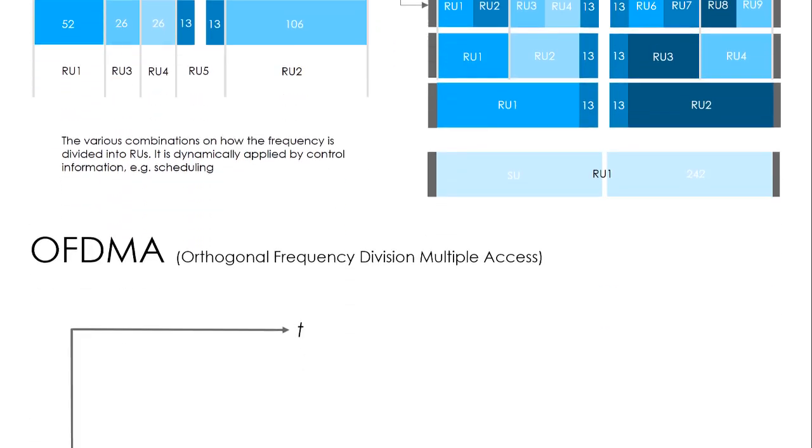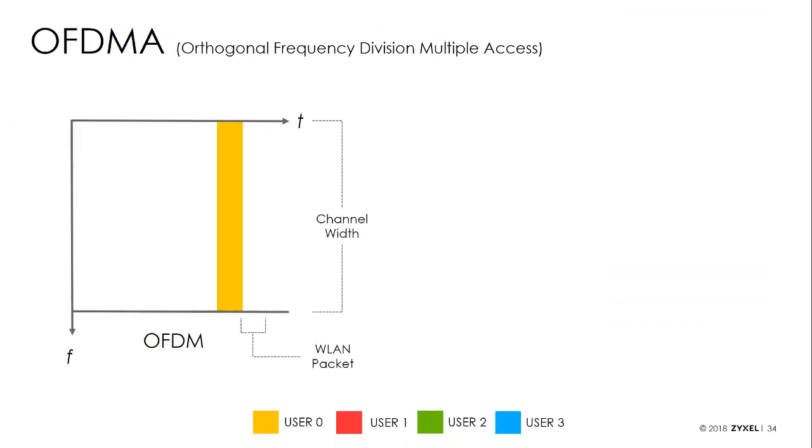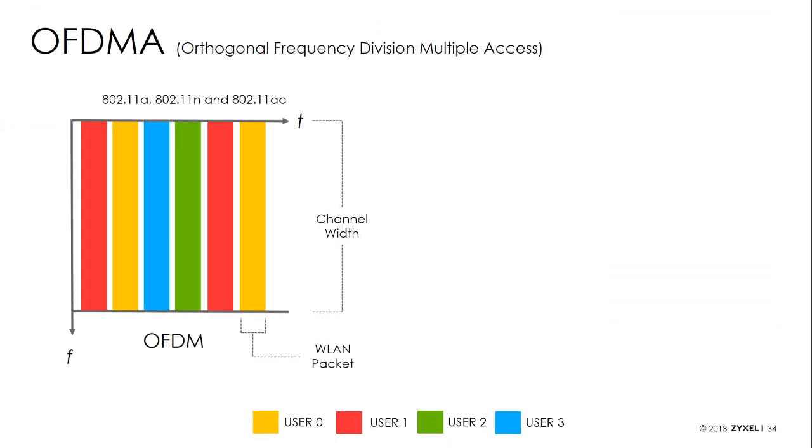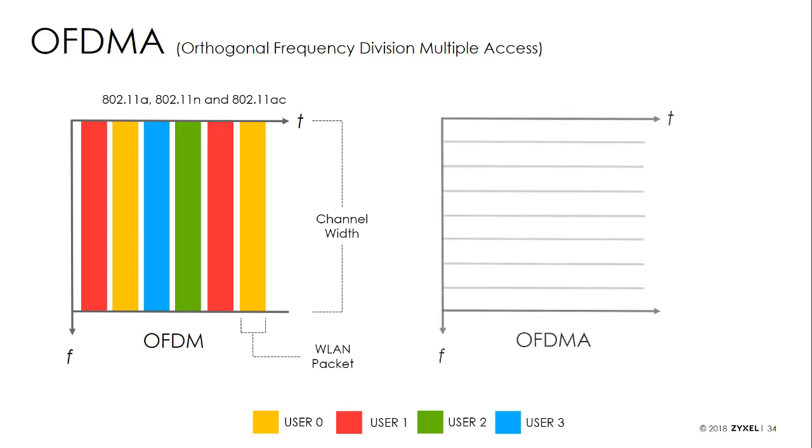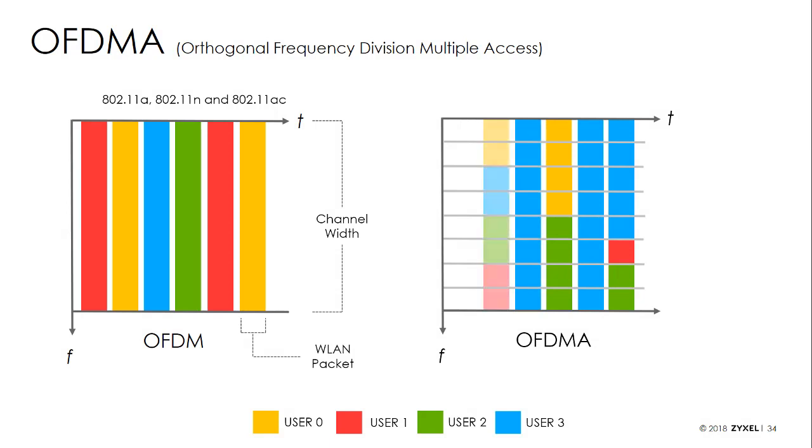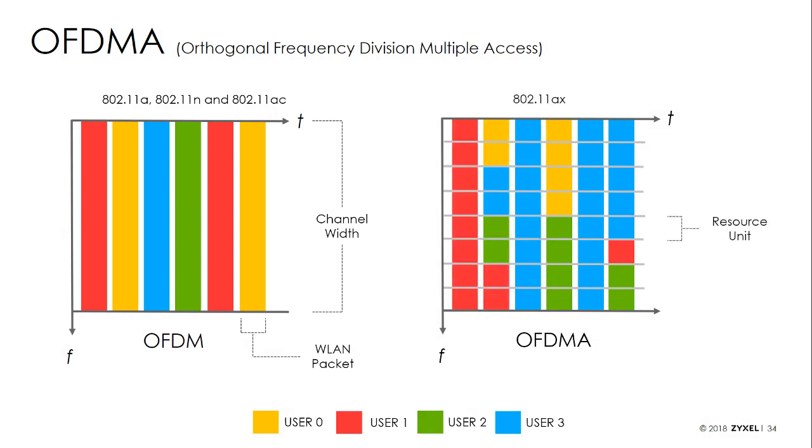In today's standard, 802.11ac's frequency domain is built up of 20 megahertz channels, and to get more bandwidth, we simply add more of those channels together, so 40 and so on. But if a device is not utilizing the full width of a 20 megahertz channel, then we're wasting valuable resource. It's still consumed by every communication to and from a device, regardless of whether it is using the full channel or not.